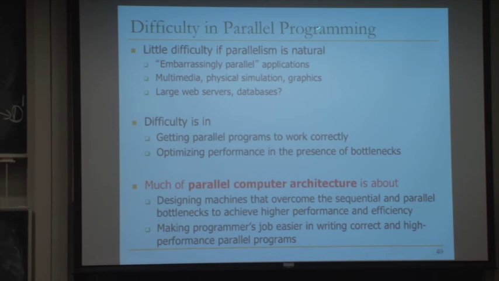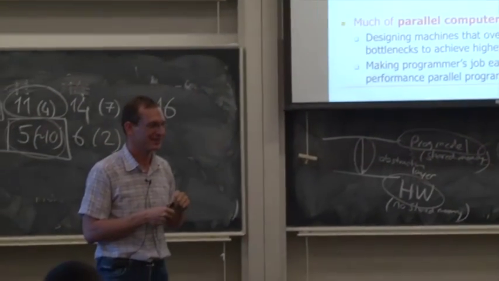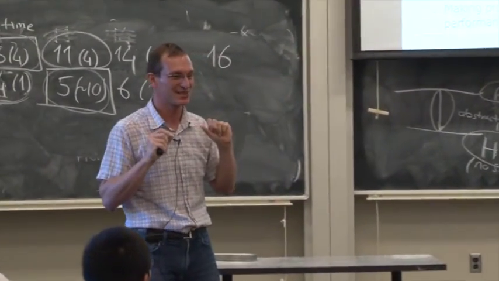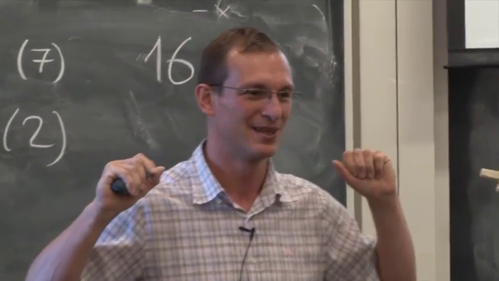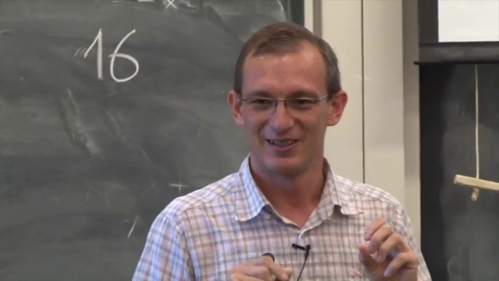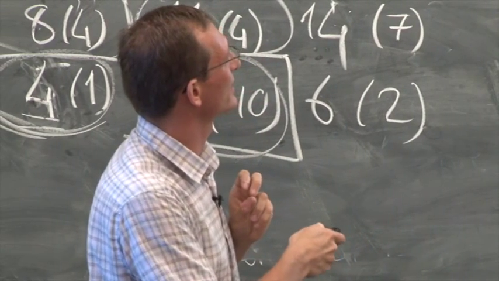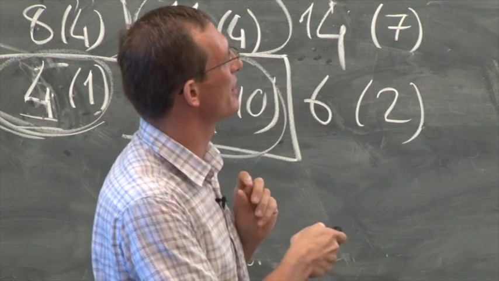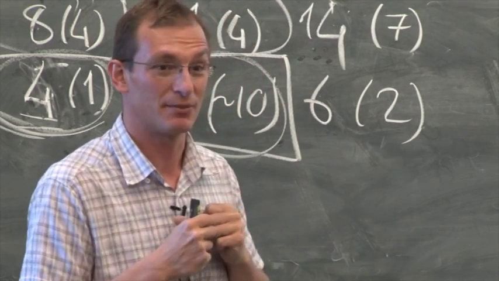But parallel programming is difficult. It's actually easy if the parallelism is natural. If you have embarrassingly parallel applications, you probably heard this term. For example, graphics. Right? You have lots of pixels, and you do the same operation in every pixel. There's lots of parallelism in that problem. Right? And they're independent, hopefully, depending on what you want to do to the pixels. So there's a lot of parallelism there. And maybe some other applications are also embarrassingly parallel if you're doing the same operation on many different elements of data.